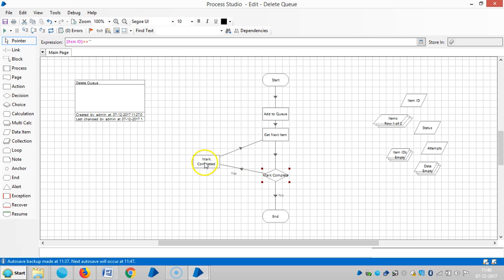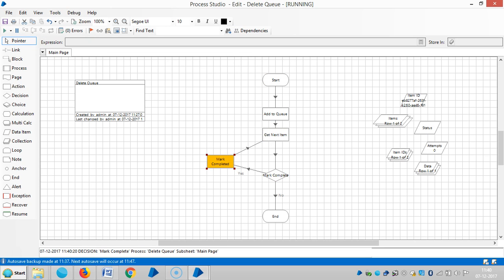And here it's going to change the status from pending to completed. So run it. Done. So it's done. Then go to Control Room,